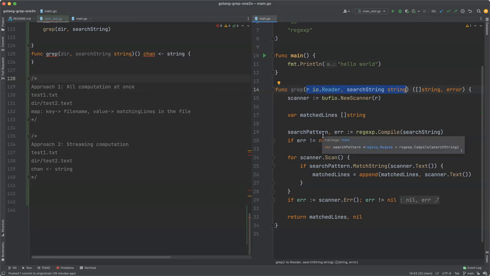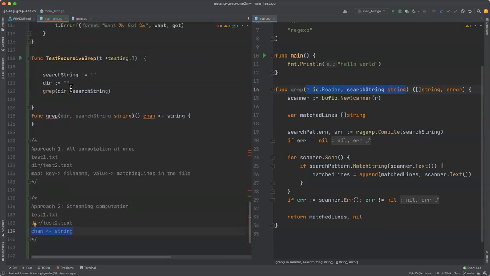Correct. Okay. Yeah. So if we look at the data type, I'm not sure whether others are following. What will be the data type of the grep? Let's write that down then. So it will have to have a channel. Right? So a channel of, actually, let me write down the function signature here. So it will be a